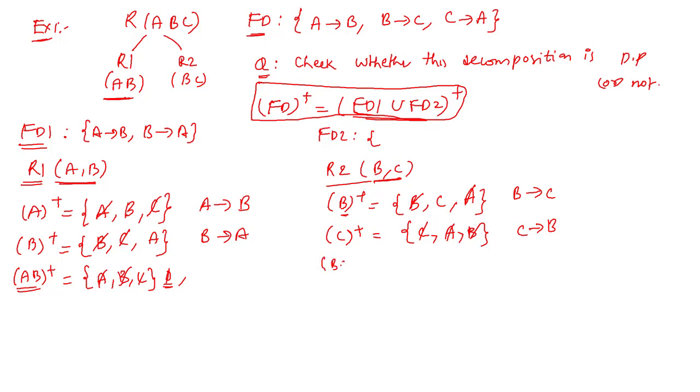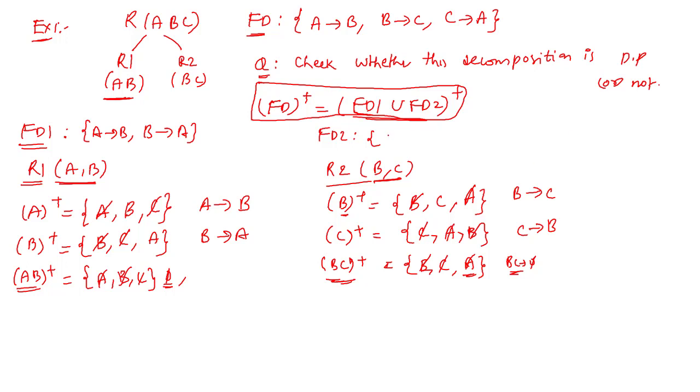And now no need to calculate BC plus, but however let us see here for your understanding. B can determine itself, C can determine itself from BC, and now from this C can determine A, right? Here B and C are the trivial attributes. If you want to know what is trivial functional dependency, please go and watch my previous video and come back to this video. And A is not a part of this relation, so A will be removed. So BC implies pi, so this cannot be helpful for identifying the dependency preservation.